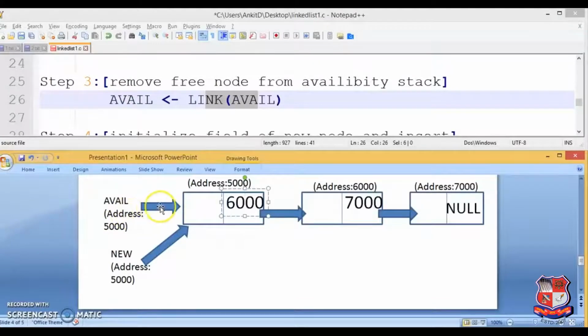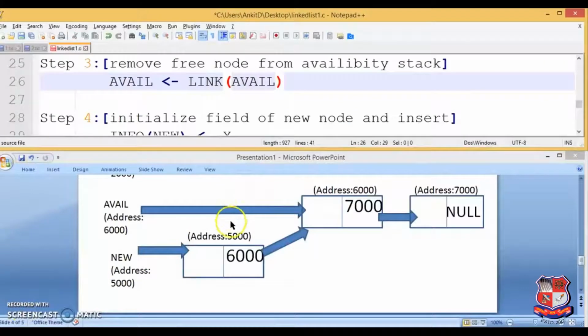At this point, avail will directly point to the address 6000, and this node will be free and it would be only with this new pointer. So the node at address 5000 is taken downwards, and the link address is pointing to 6000, and new is pointing to the address 5000.